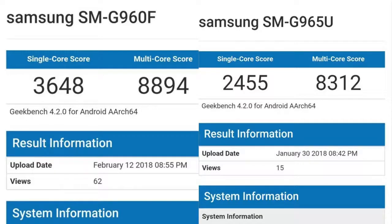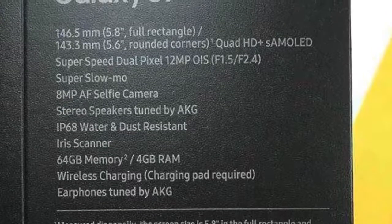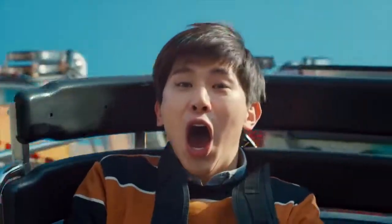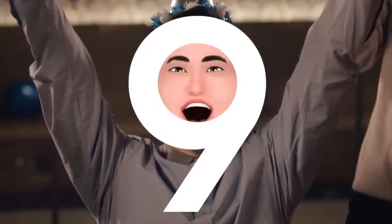We do know that S9 has a super slow-mo video feature. The teasers and everything shows all that, so it does feel like the S9 should be able to go beyond 480 frames per second. For the front camera, the guy said that Samsung will market one feature heavily, and that